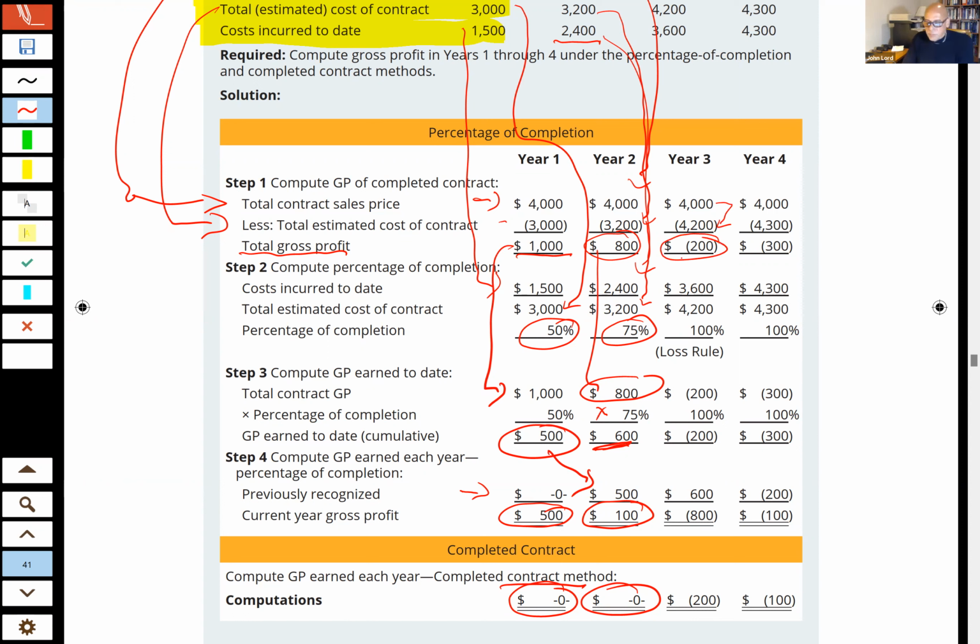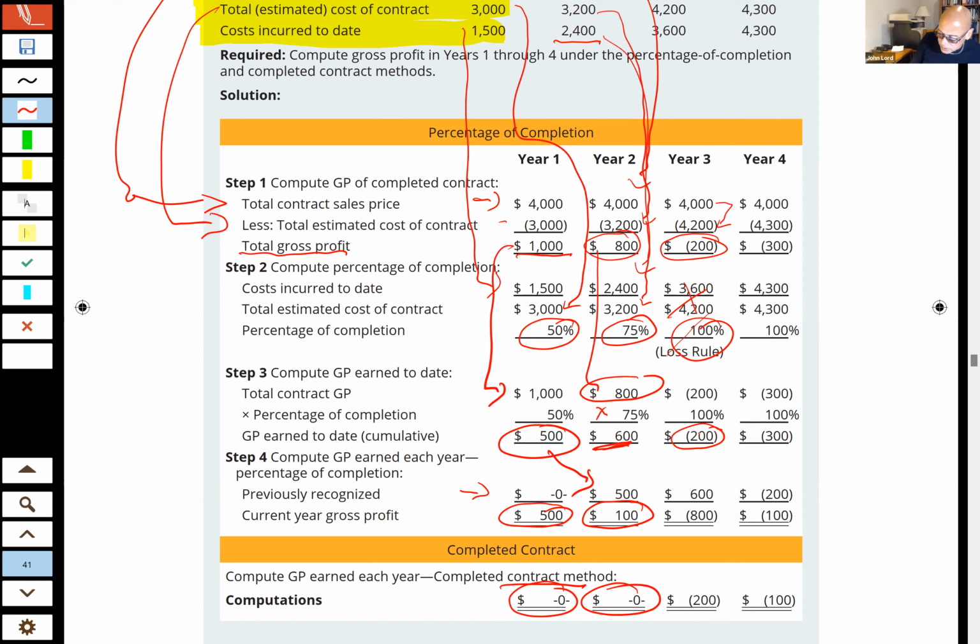Okay. Now what happens? Now I go into year 3, and I'm thinking this contract is going to cost me a total of 4.2. I've got a loss. I have to take that entire loss in year 3. So I don't need to do this calculation up here, because I need to take the entire loss. So I need to take that 200,000, but I need my retained earnings to reflect the total loss on this contract, which is 200,000, I'm estimating at this point. I have sitting in retained earnings 600 of profit from the first 2 years.